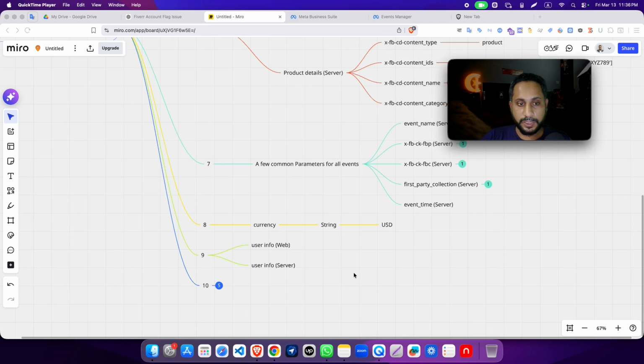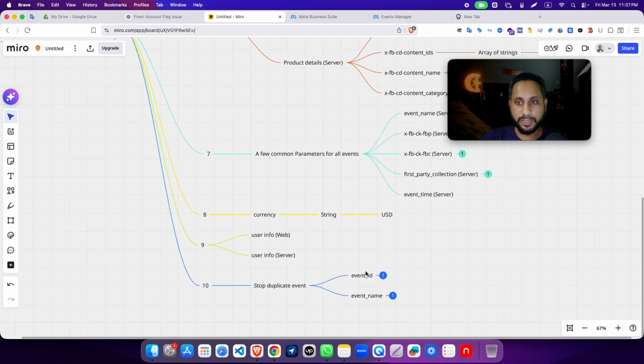The last one is deduplication. Sometimes when we send data from both the browser side and the server side, suppose a customer clicks an ad on Facebook, goes to your website and successfully purchases a product. One data point goes from the browser side and another goes from the server side. The customer is one, but two purchases appear to happen. So how can we deduplicate it?